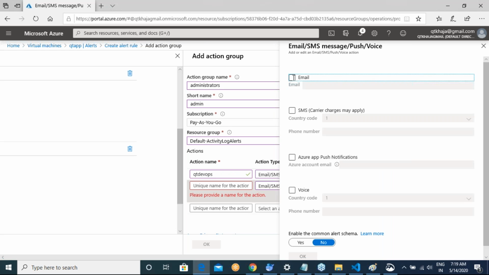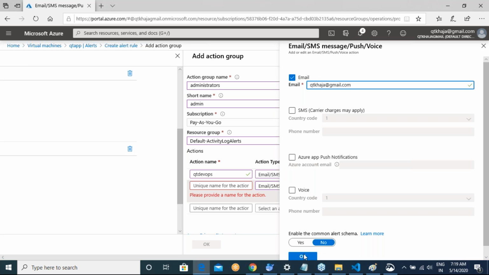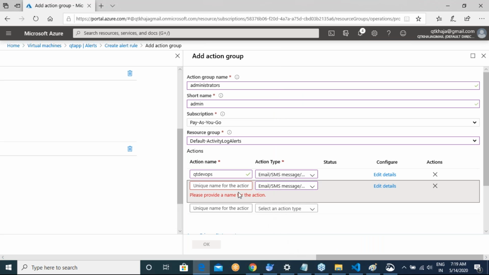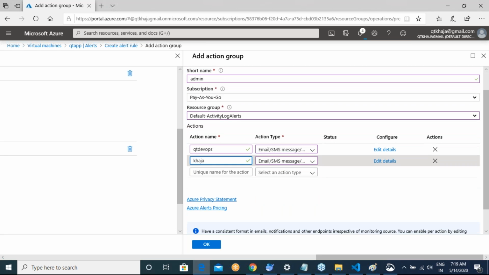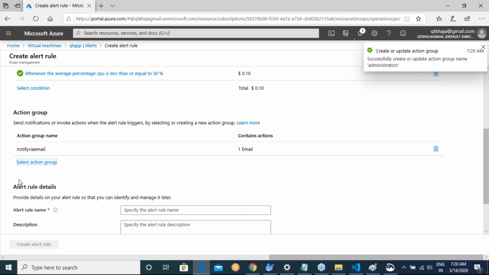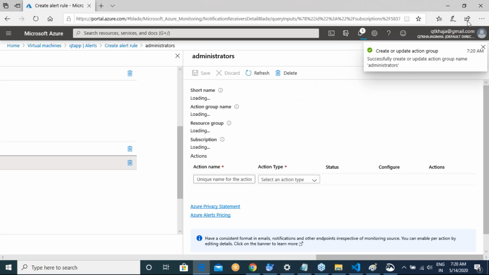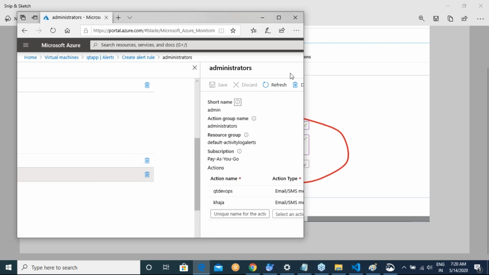Here also I'll select one more email, and this time it is a different email address. If you create an action group once, you can use it as many times as you want. Let me click on okay. Generally we can create these action groups and make them ready per team. Now select an action group. I have selected an action group which is admins. You can select as many action groups as you want, but generally we'll send it to one action group at a time.